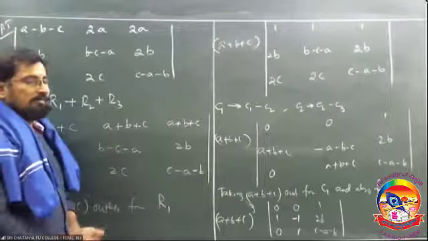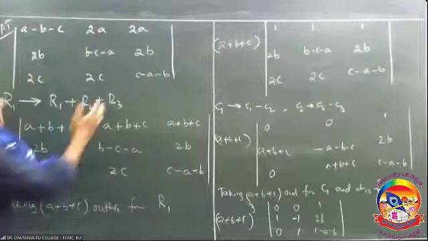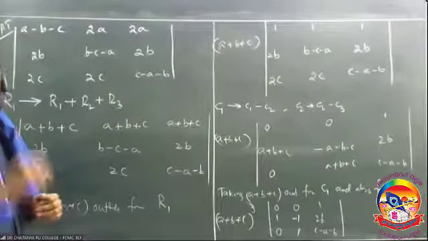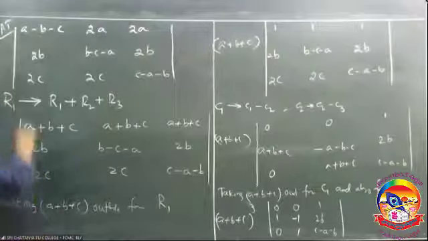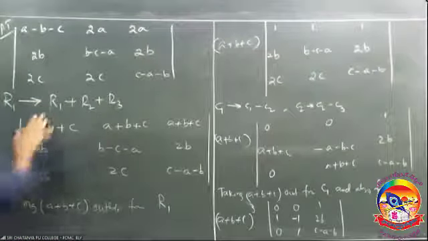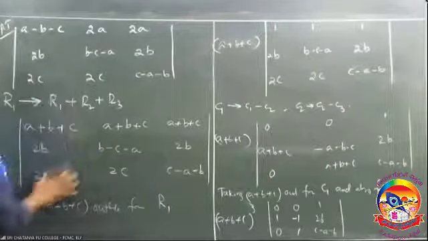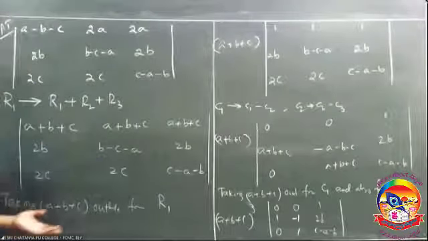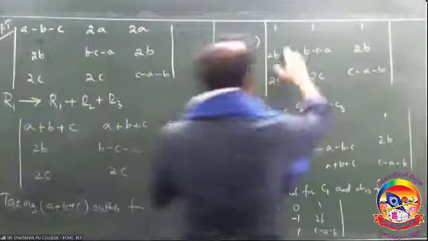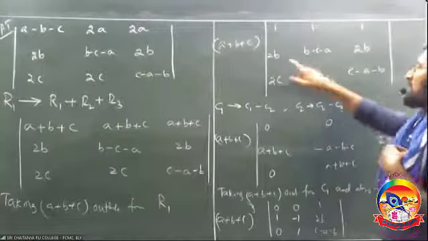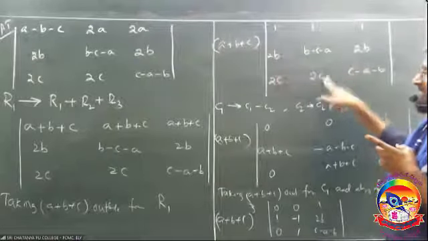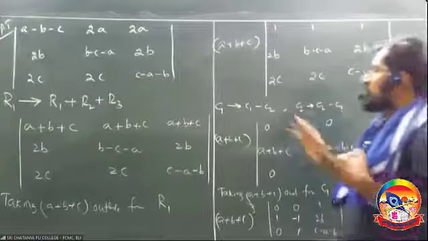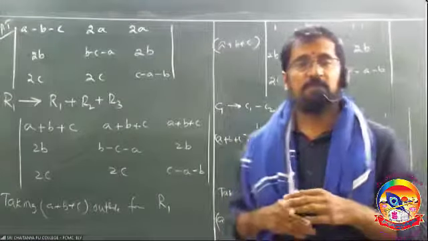And see here, suppose if you got this step doubt, you just take that entire step outside and do it, and that will be cleared, okay? Now 2B, and this row as it is. Now I am going to take A plus B plus C outside. Now I will get the first row as 1, 1, 1, right? And the second and third rows are as they are.